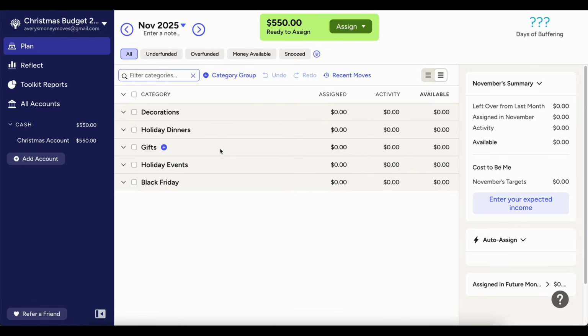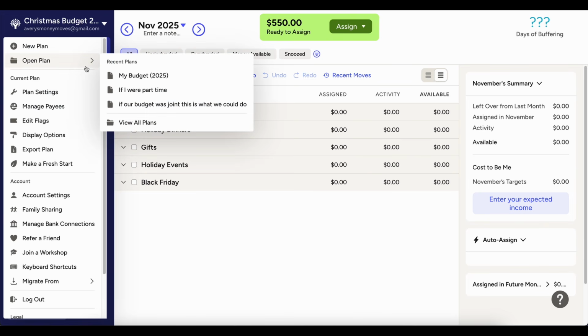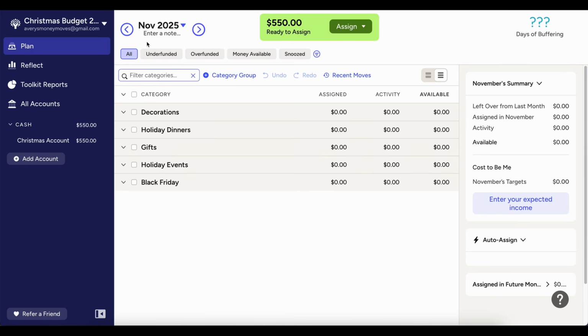Christmas. That said, I'm going to let myself brainstorm here and not really restrict myself at first, and then depending on how I feel about the total amount, we can decide if there's money I could pull from elsewhere in my budget to get this balanced, because the goal is to not go into debt for Christmas, which I always think is a pretty good goal to have. It's nice to save in advance, and I'm glad I've saved some money, but I may not have enough. That said, because of my budgeting, it's okay if I pull the money from elsewhere. So yeah, that's kind of where I'm at with this.